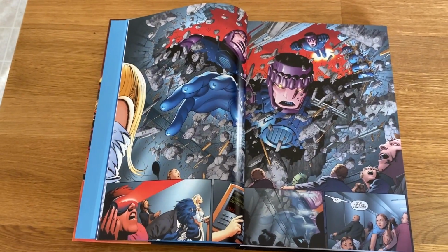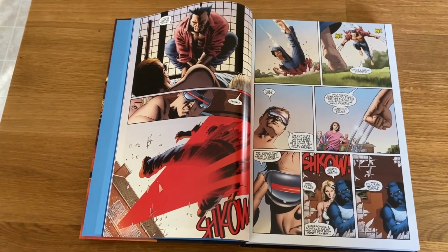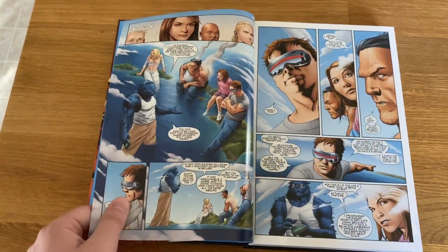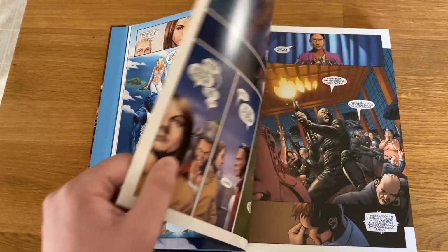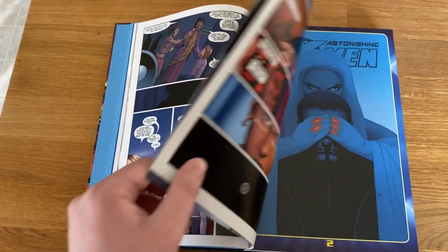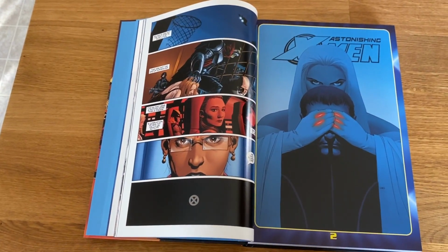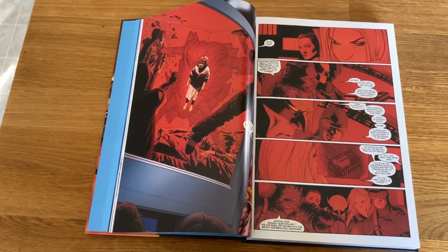Especially if you're interested in the characters of Emma Frost and Kitty Pryde, which is probably one of the reasons I enjoyed this omnibus so much. First of all, their characterization was, I thought, pretty on point for what the characters actually are and how they represent themselves. But it focuses a lot on, for those two, their dynamic with the rest of the team, but more importantly, their dynamic with each other, since there's a bit of a complicated history there from both their first